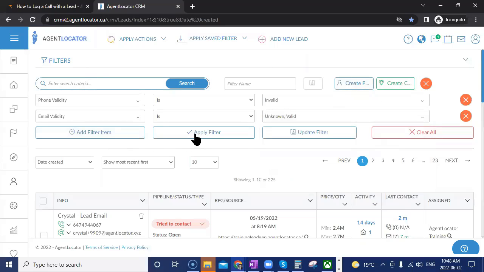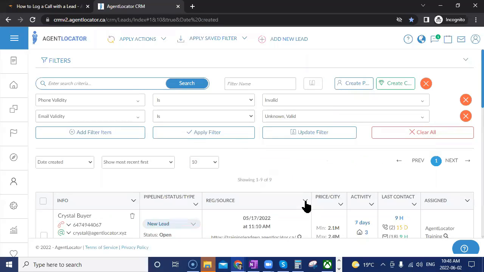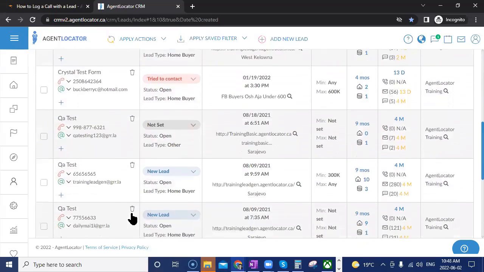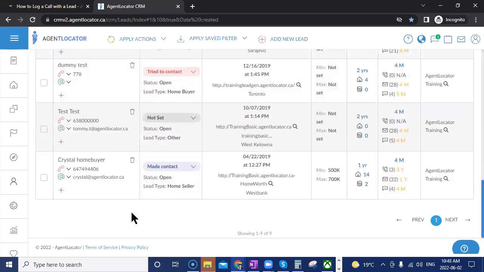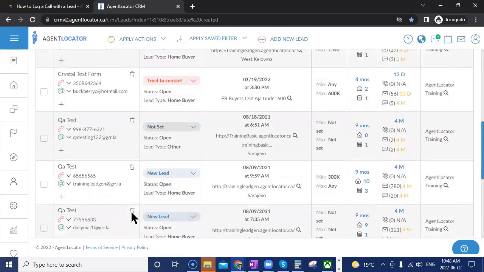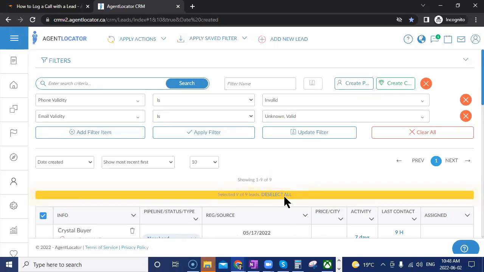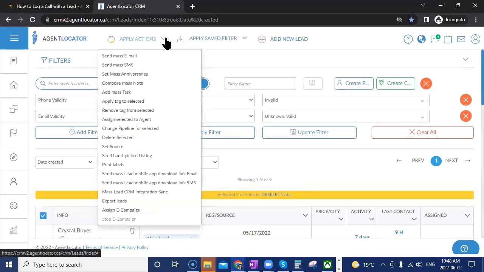So when we go in here, we're going to apply the filter. There might not be many, but there is. But we can see that there's 9 leads in here that have bad phone numbers. Phone numbers have been marked as invalid. So what you can do is mass assign the bad number campaign. So you can select all of them that you have in your system, and you can assign the bad number